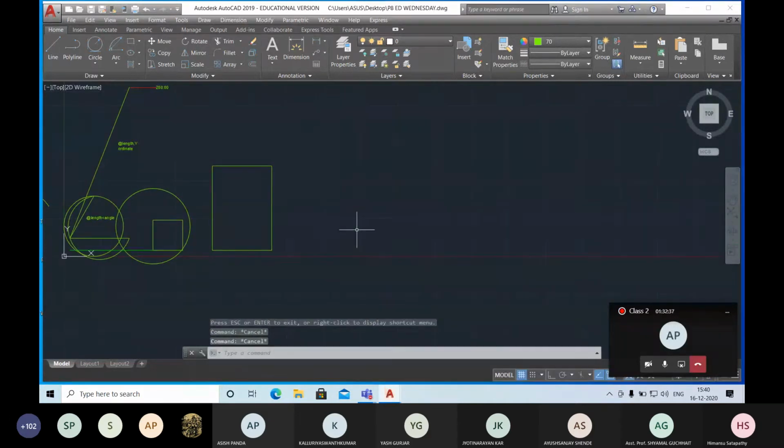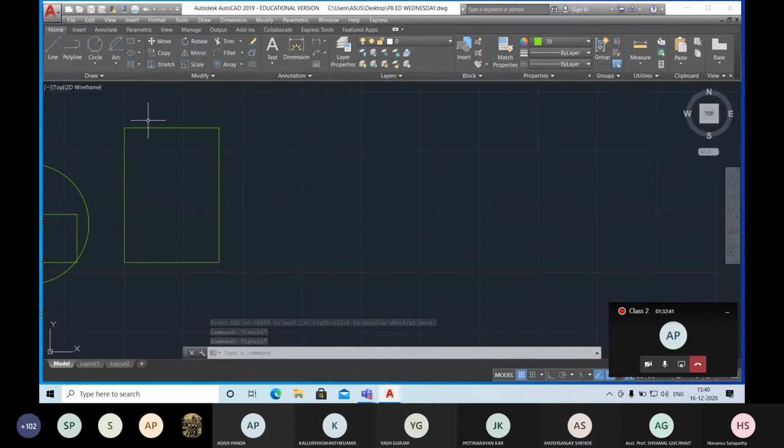Now all of you can see that all four corners are sharp in nature. If I want to make it chamfer or fillet, you can see when you go for the rectangle command, there are other options: chamfer, elevation, fillet, thickness, width. Our usefulness is only chamfer and fillet. Elevation, thickness, width are for 3-dimensional drawing, so don't go for that. If you want to draw a chamfer, it asks you to mention the first chamfer distance, then the second chamfer distance.